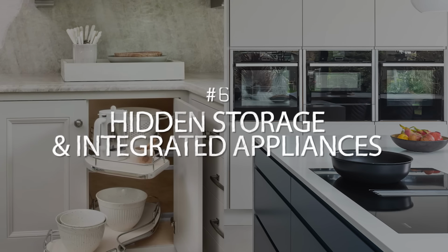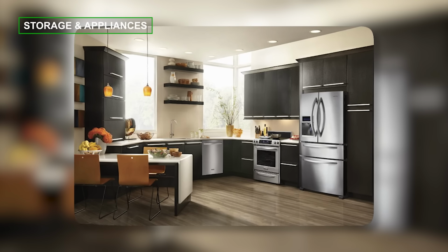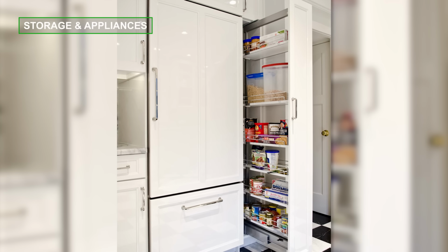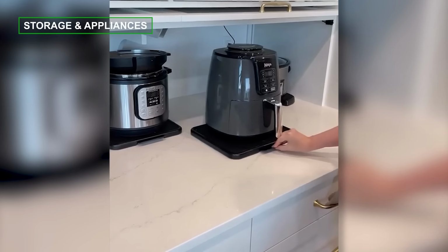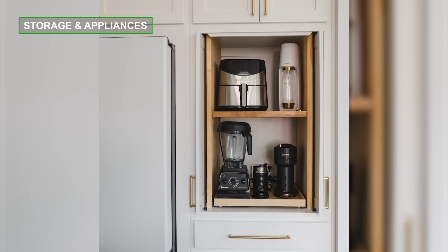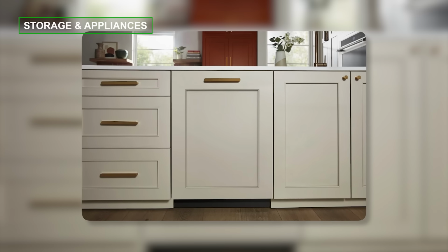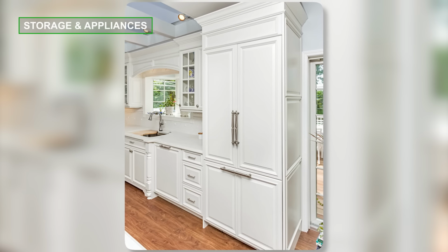Hidden storage and integrated appliances. I'm touching on this again because it really makes the difference in a high-end kitchen. A clean, clutter-free kitchen is the key to that expensive look. Concealed storage solutions, using appliance garages to hide everyday items like your toaster, blender, and other small appliances. Panel-ready options, upgrade your refrigerators and dishwashers to be panel-ready to match your cabinets, giving your kitchen a seamless, built-in